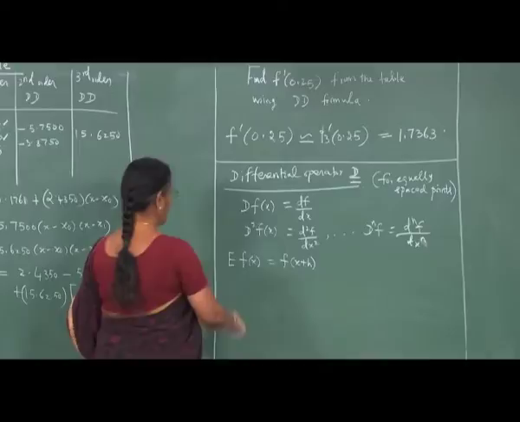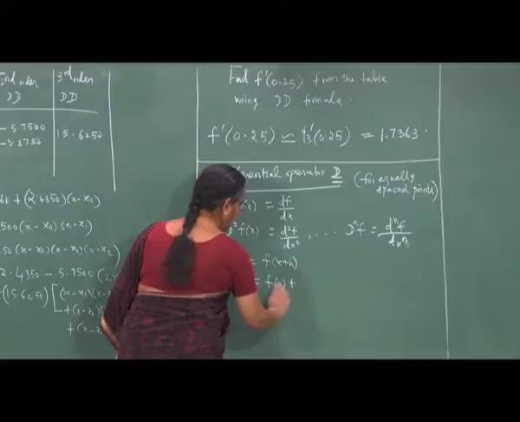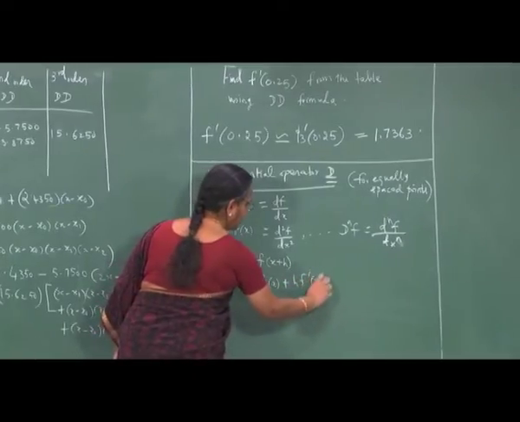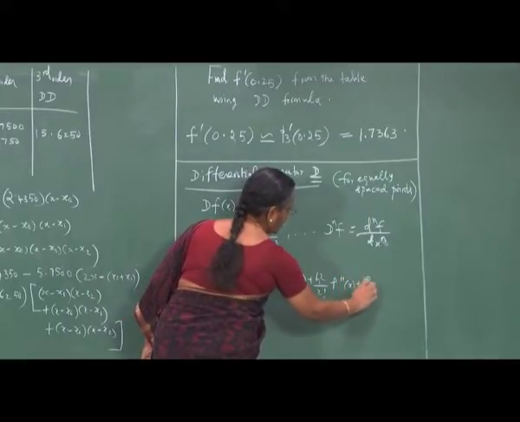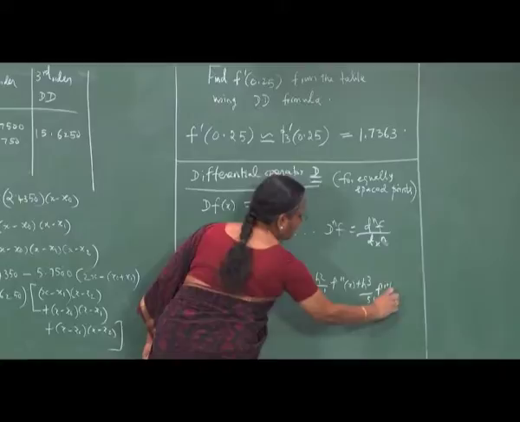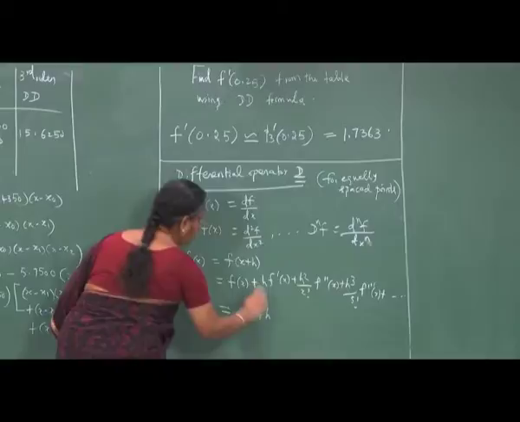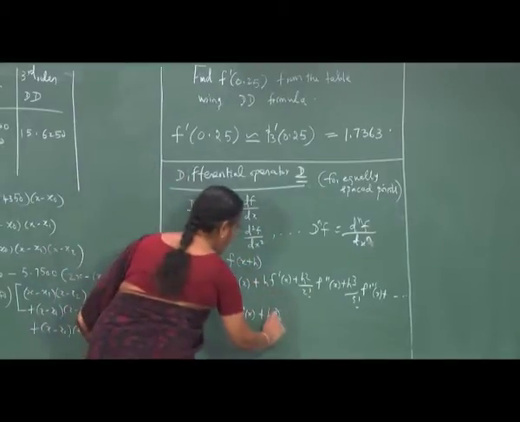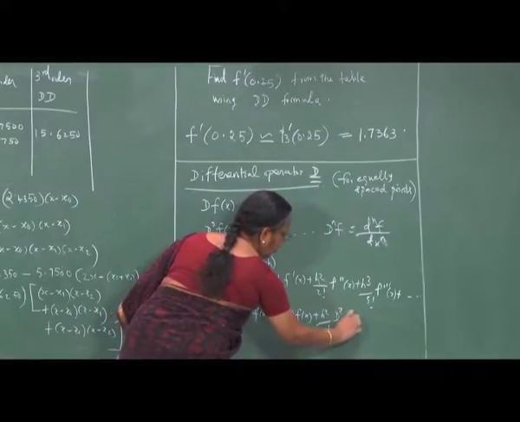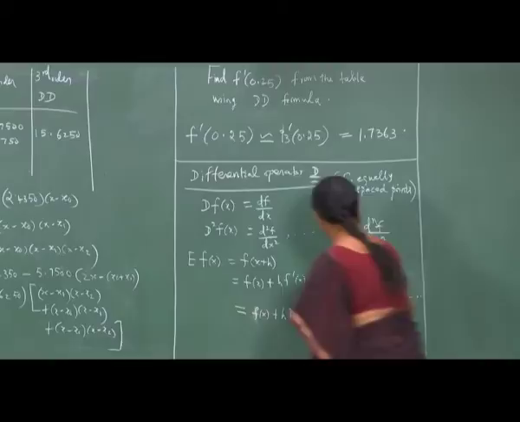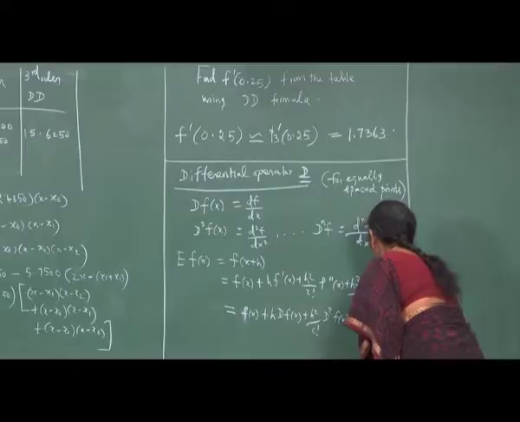E when it operates on f of x is f of x plus h, which by Taylor theorem is f of x plus h f dashed of x plus h square by factorial 2 f double dashed of x, plus h cubed by factorial 3 f triple dashed of x, and so on. That is f of x plus h into D on f of x plus h square by factorial 2 D square on f of x plus h cubed by factorial 3 into D cubed on f of x,